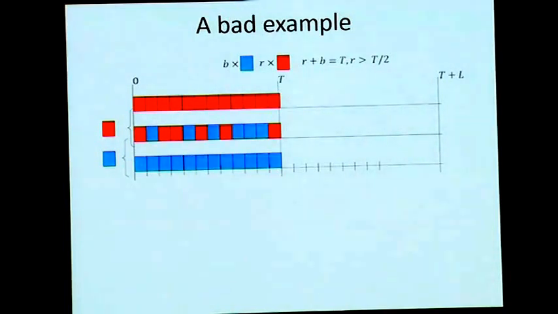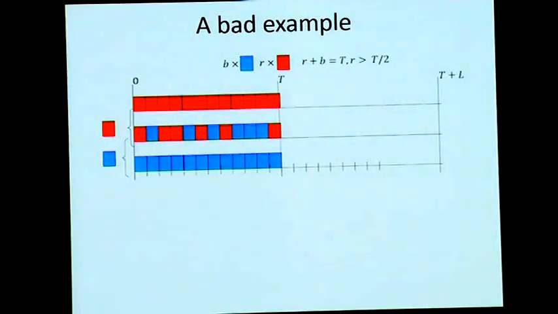Whatever online algorithm we think of, it will have T jobs remaining at this point in time, right? Just by simple processing, how many jobs can be processed. And some of those are red. Let's say there are R red jobs remaining and there are B blue jobs remaining. So R plus B is capital T. And so one of these two quantities is at least T by 2. Right? The sum of these two is T, so one is at least T by 2. Let's say the red jobs that are remaining is at least T by 2. Okay?